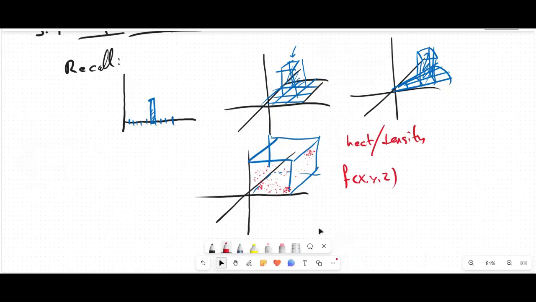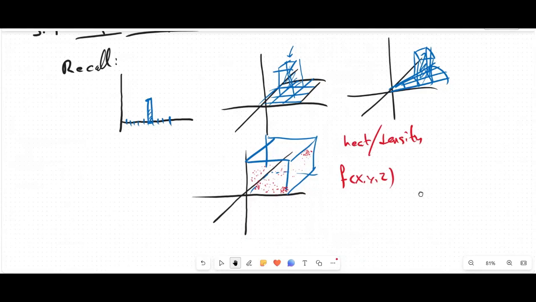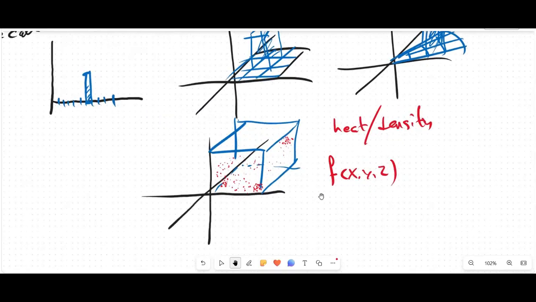So just keep in mind when we talk about integrating functions in 3D, we need an interpretation for what would be the fourth dimension corresponding to the function values. And these words, heat and density, tend to be really useful for people. Okay, but before we even get there, we need to take our shape and break it up into pieces. And now the pieces are little cubes,